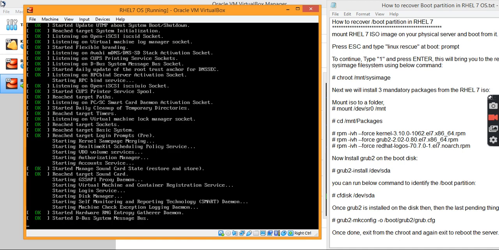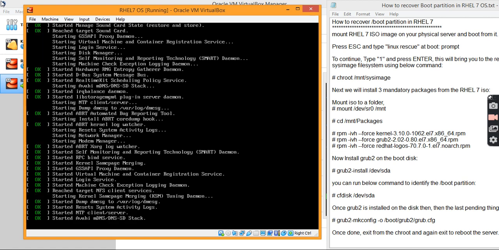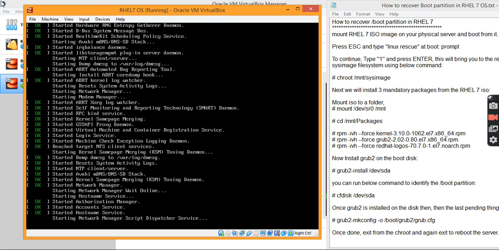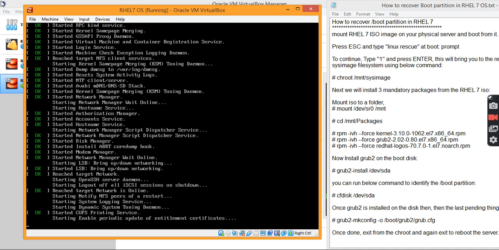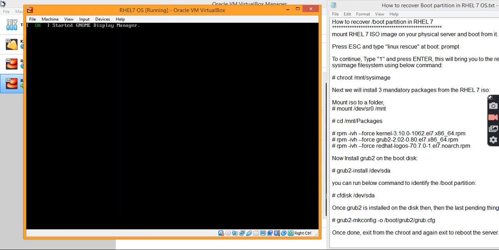You can press Alt D, which is a toggle key, and you can see the background processes related with the OS boot.